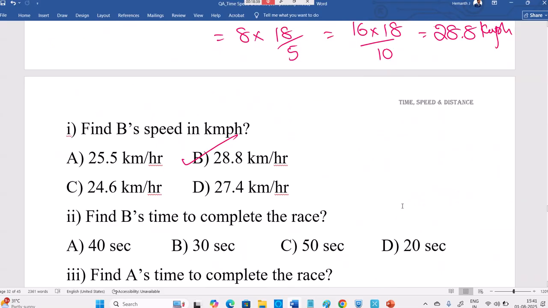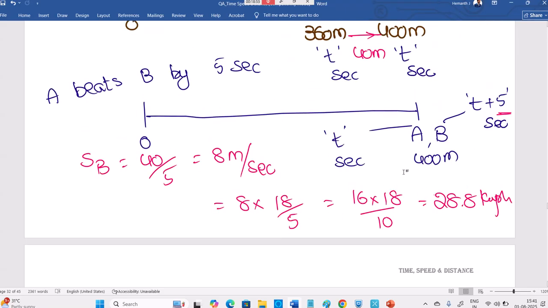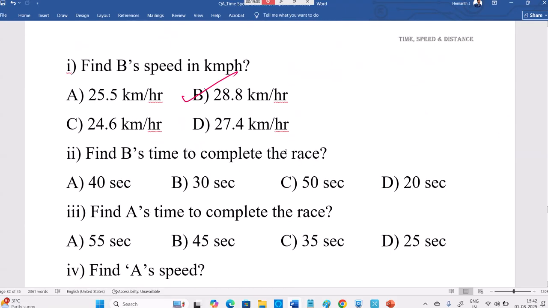The rest are all easy, sir, if you know the first one. Are you clear with 40 divided by 8 or 40 divided by 5? You have to understand why we got 40 divided by 5, not just blindly do it. Or else blindly you can think speed is in meters per second. They said 40 meters, 5 seconds, so meters per second will give the speed. You can do it like that if you want, but we always recommend the concept.